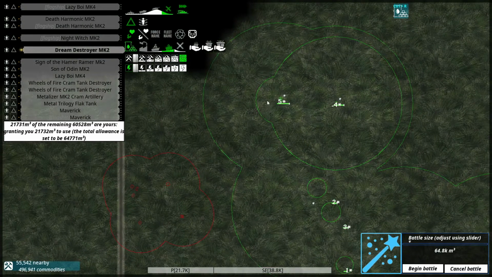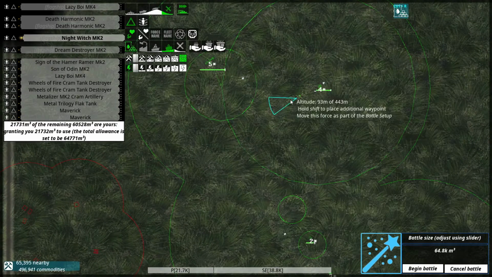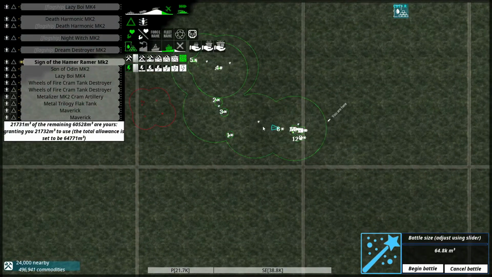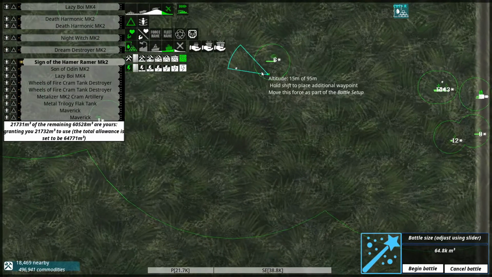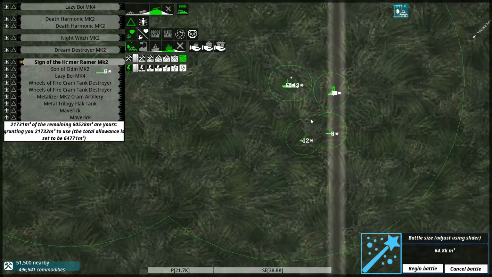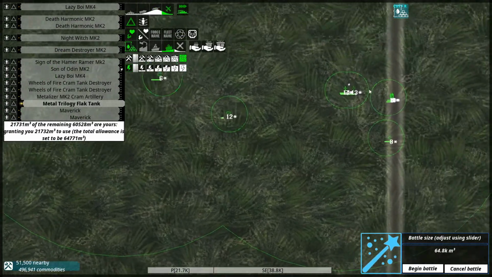Dream Destroyer, let's have you spawn about right there. Night Witch, you go about there. Hammer Rammer, it might be a while before you can get into position, honestly. Yeah, we'll just have you as a land vehicle right now. But Trilogy, we'll bring you up to